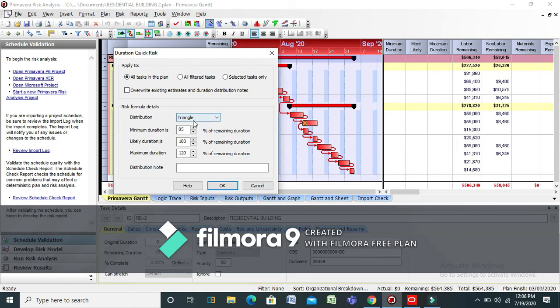In risk formula details, distribution must be in triangular form. Minimum duration percentage is 85, likely duration is 100%, and maximum duration is 125. Make sure these are our assumed values. If you want to change them according to you, you can change. Click on OK.